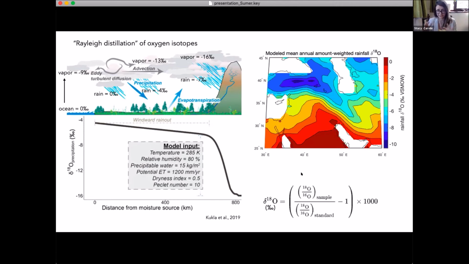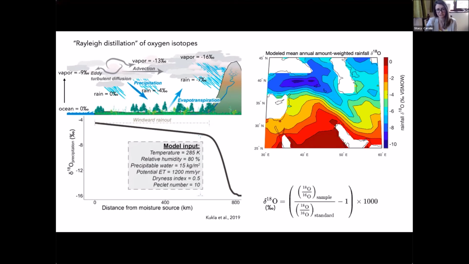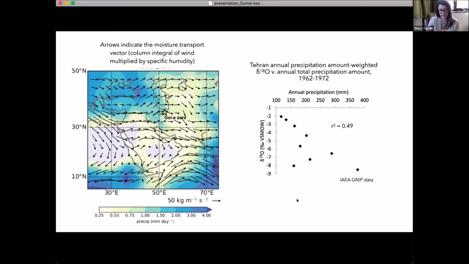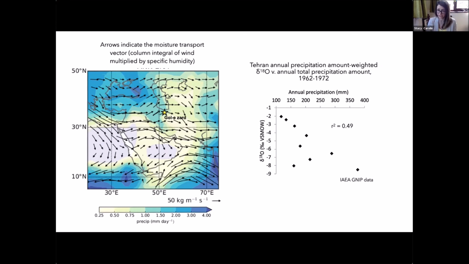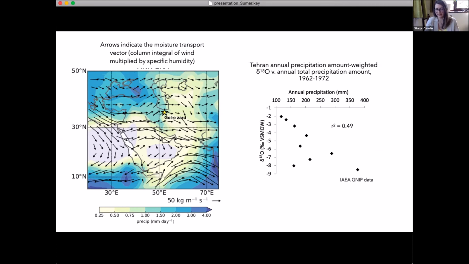So the simplest way to think of it is an anti-correlation between oxygen isotopic value and overall rain out along that trajectory. And this is just under modern conditions. Again, this is the cave site, and these arrows are showing the moisture transport factor. So it's a column integral of wind multiplied by the specific humidity. So how much moisture is in that column of air above a particular point on the map. So again, the arrows are showing your moisture traveling west to east, eventually making it to the cave